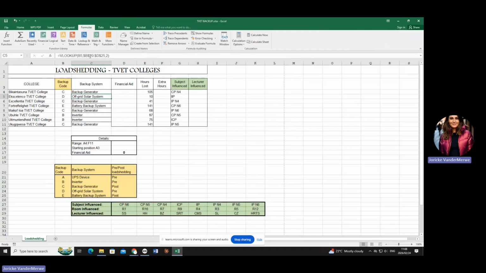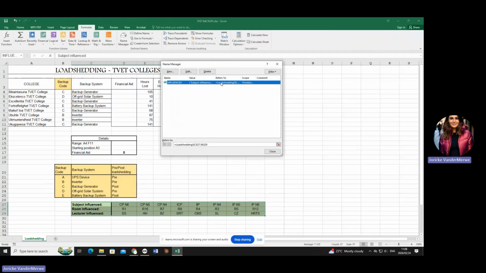Either you're going to give it a cell reference like this, and you're going to use absolute cell reference, or you're going to give it a name. Are you with me? And if you select this whole table, can you see it gives you the name there? Or you can go to formulas, name manager, and make sure that it's correctly displayed.